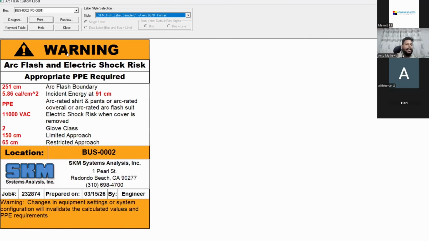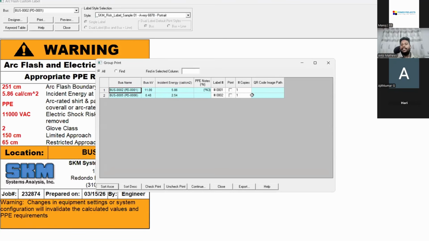So we have to be aware of what the incident energy is, what the working distance is, what PPE level we have to use, and what the voltage of the switchgear is. So what gloves we have to use, what the limited approach boundary is, what the restricted approach boundary is, and what the bus level is. These are for identification. It will appear here. Once you get this data, you can go to print. It will ask you what devices you want to print and how many copies you want to print. So in the 11K